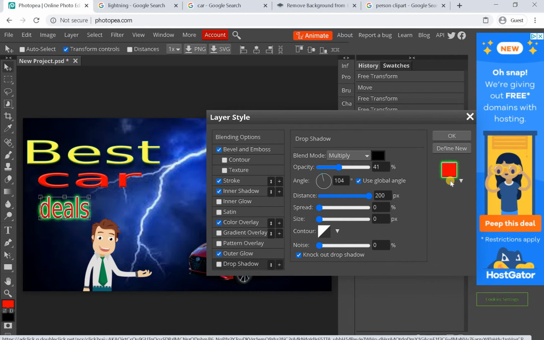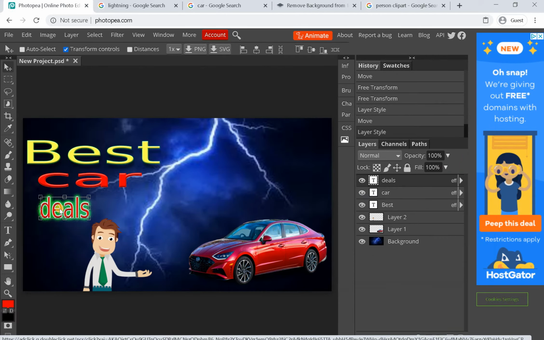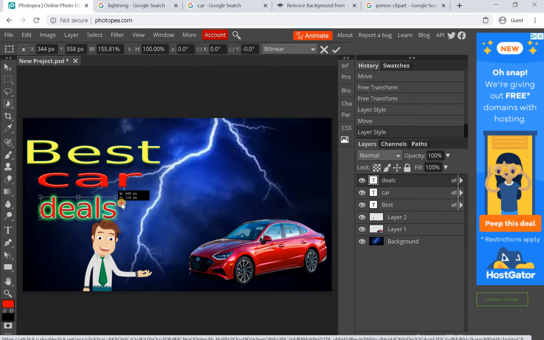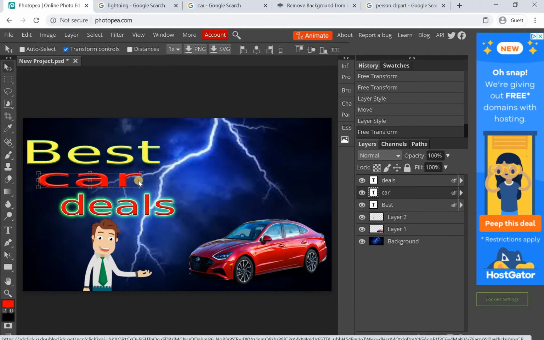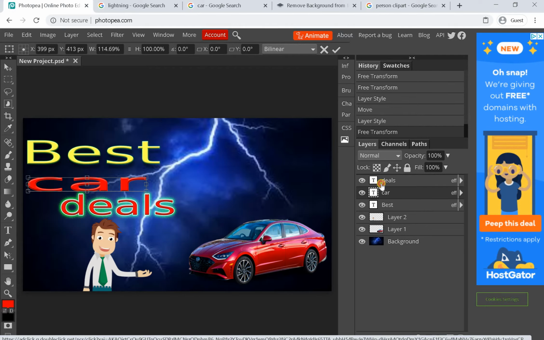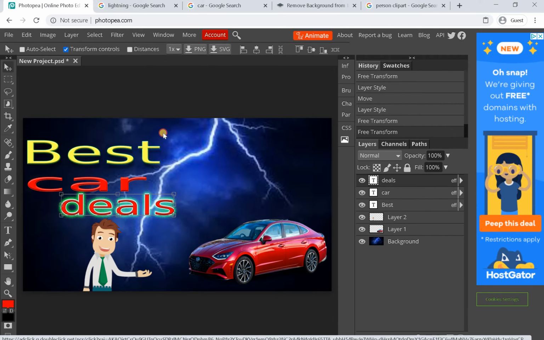Shadow, OK. Now as you can see, it's different, and it looks a lot better than the first time we did it. Best